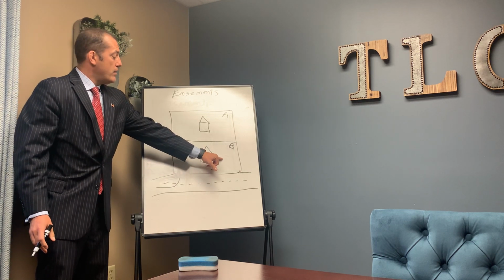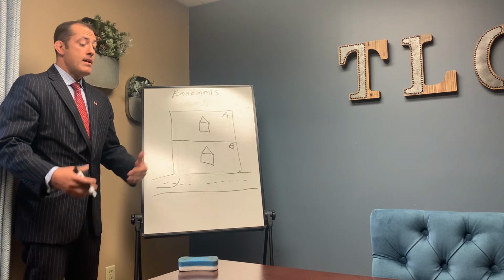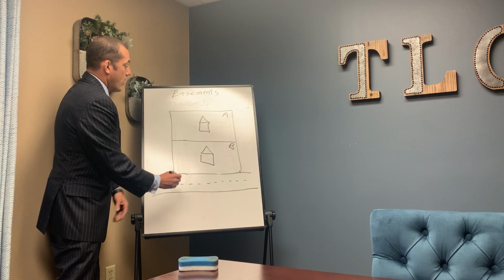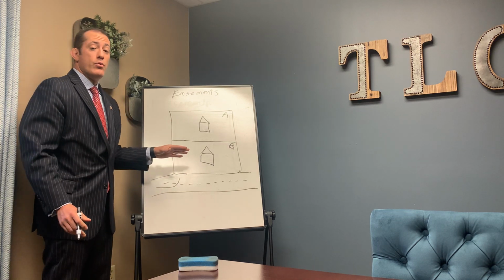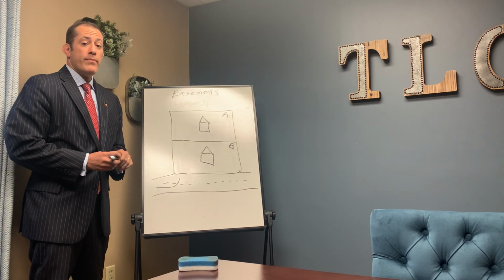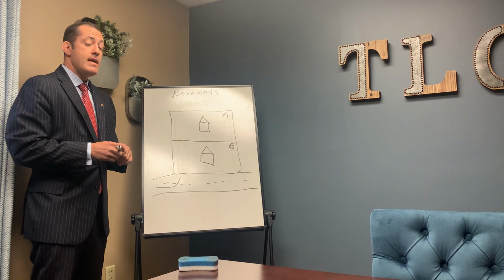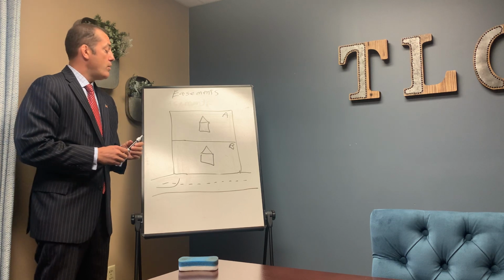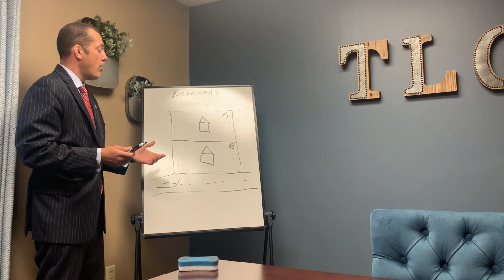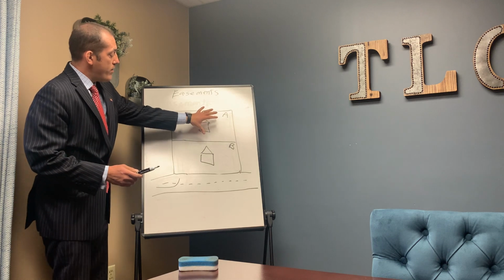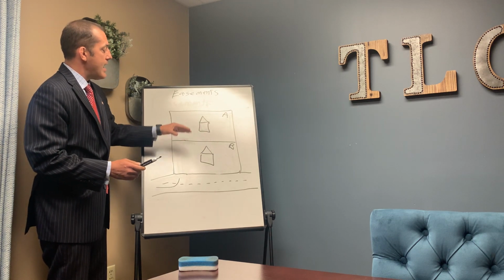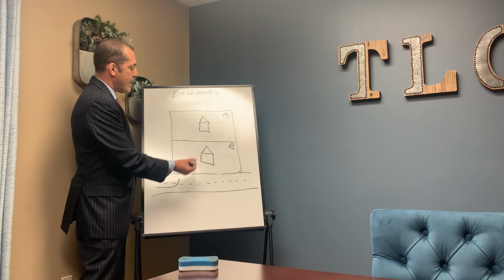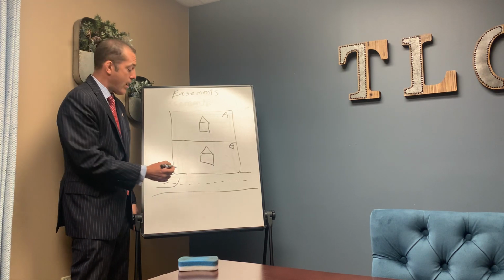So if the owner of lot B was a knucklehead and he did not agree to grant an easement to the owner of lot A, the owner of lot A could sue the owner of lot B, and he could say that under law, he has an easement by necessity. So an easement by necessity is a doctrine of law saying that once this property was subdivided into Lot A and Lot B, it's implied under the law that it's necessary for the owner of Lot A to have an easement or some access to the property.